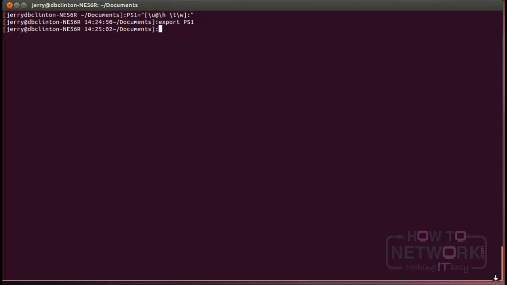The other variable that LPI wants you to be aware of is PATH. We've discussed this before. It defines which directories are assumed wherever you might be in the Linux hierarchy. If you run a command from one of these directories, Linux will assume you're in that directory and run the command for you. So if you want to add a new directory to the PATH variable, you type PATH equals